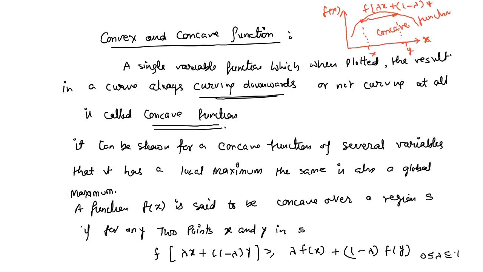Concave function, that means curving downward. This shows the curving downward. So this is function f(x), that means f(lambda x plus (1 minus lambda) y). Here 2 points we consider as x and y. Similarly, we define for a convex function, which is